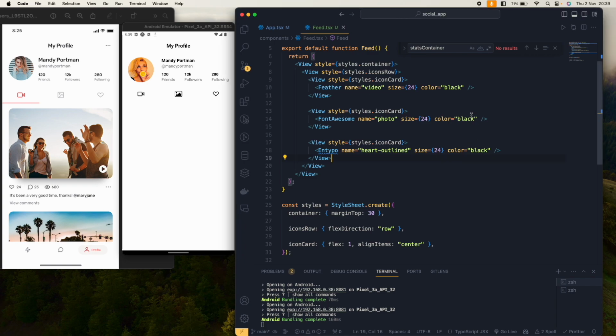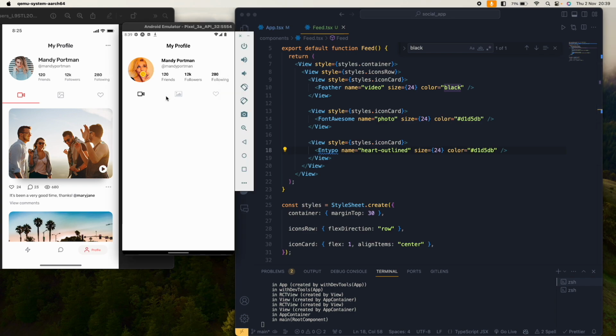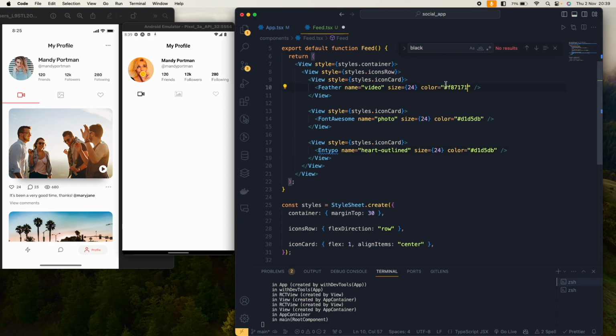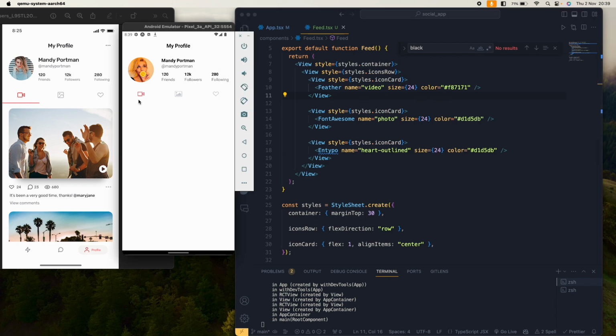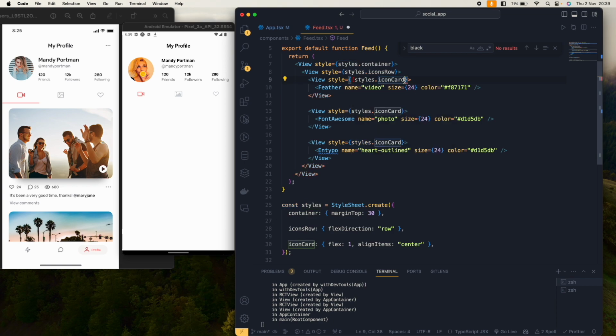Alright, so back to our coloring. I'll come and give this this color, which is a light gray, and this is what I call light red or something like that. So I'll come here and give it that light red color. Yep, but then also this border down below, the border is colored, so I'll put square brackets here so that I can use more than one style. So I'll say styles dot colored